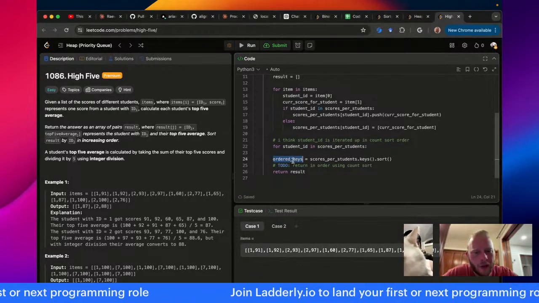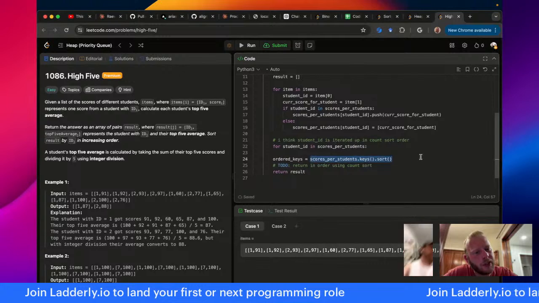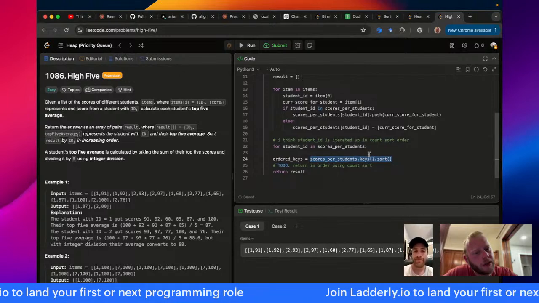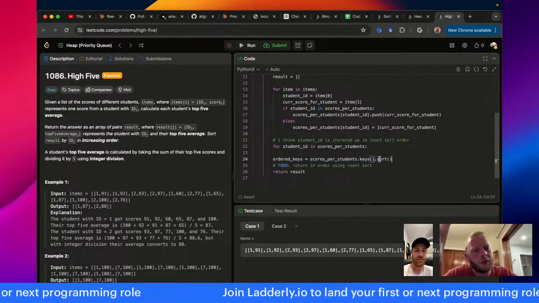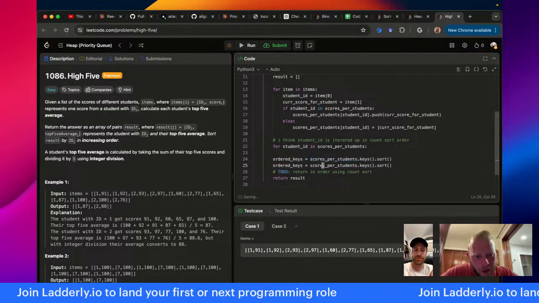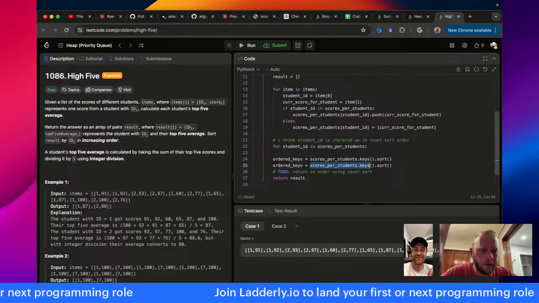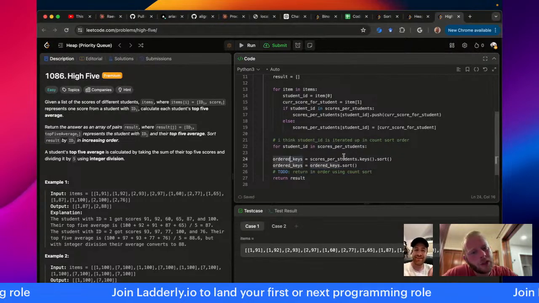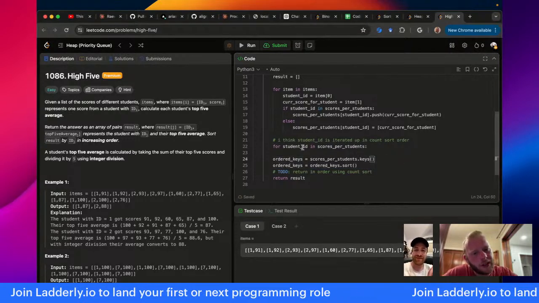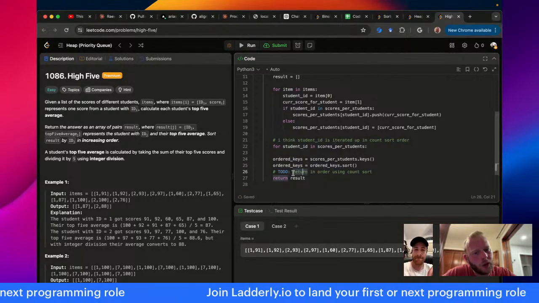We'll debug it if we need to. Dot sort is going to be in place, won't it? I can break this into 2 lines. I think there is a way to do it in 1 line, maybe with a lambda, but I don't care. I'll do this in 2 lines. So I get my ordered keys, and then I sort them, and then return in order using count sort.